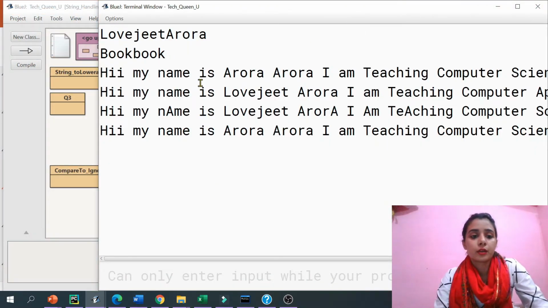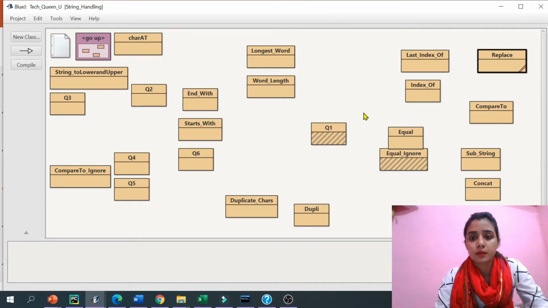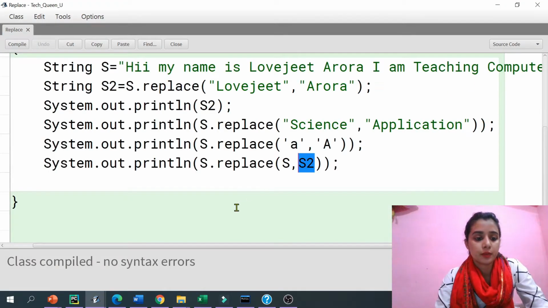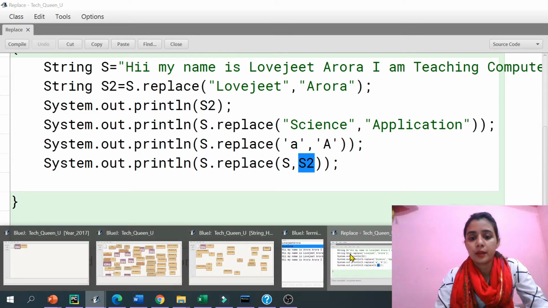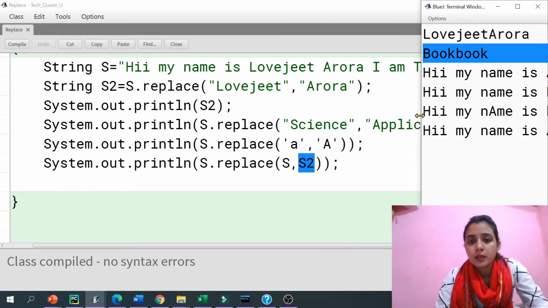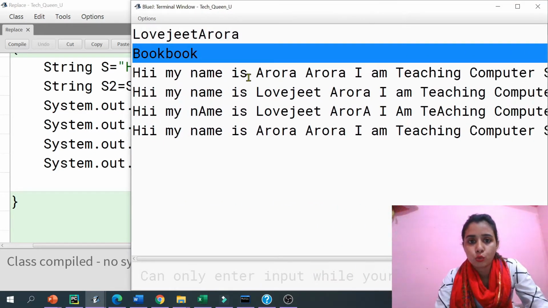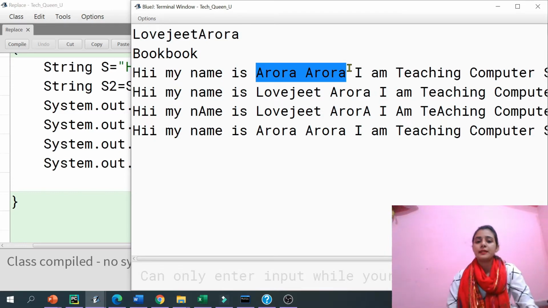Okay, so now let's compare this with our code, guys. That is my main code, and see here what we are going to see. The first one, I had replaced Lovejeet with Aurora. So we can see this is all replaced there.